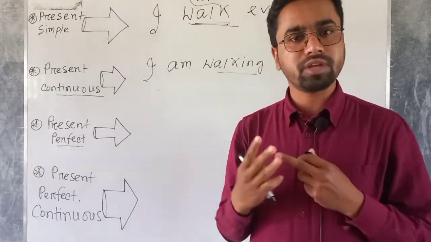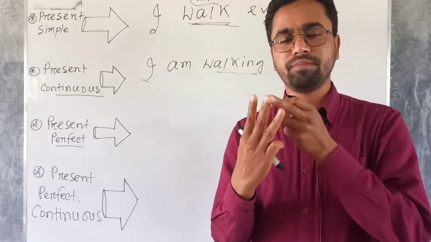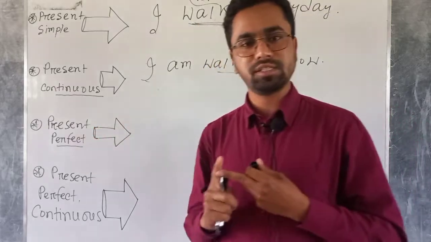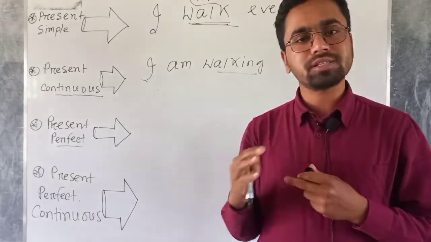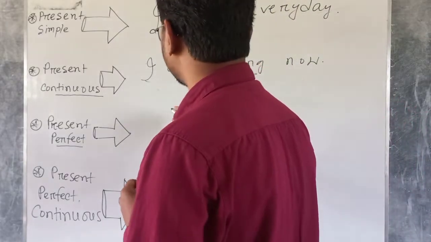I have mentioned earlier there are three forms of verb: present, past and past participle. In present perfect tense you need to use the main verb in past participle form. Okay? Let me write it. An example: